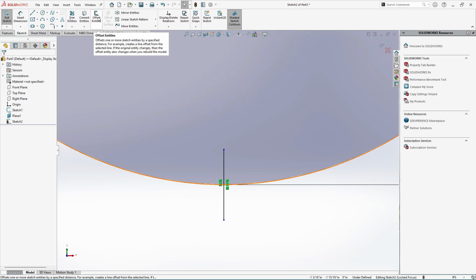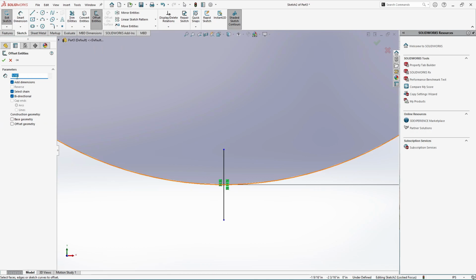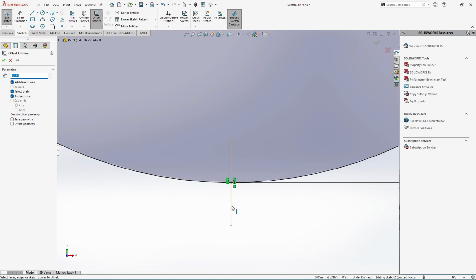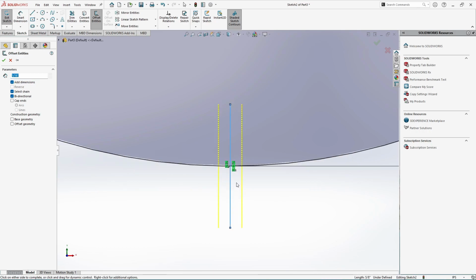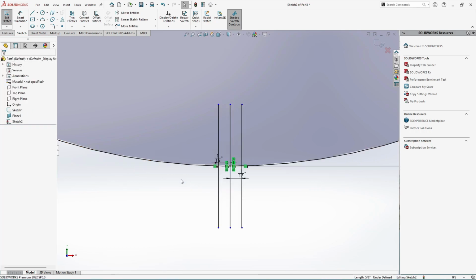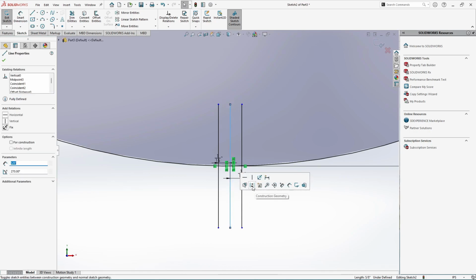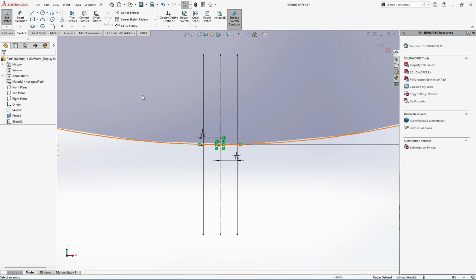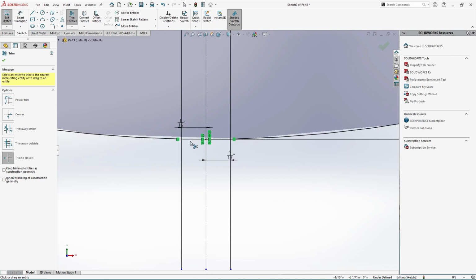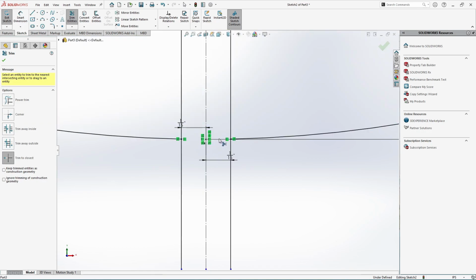For that, let's select the offset entities. So here we have the offset distance 1/16 of an inch. Select the line, click on OK. Now select the middle line, convert this line into construction geometry, select trim entities, trim the curves which we do not need,